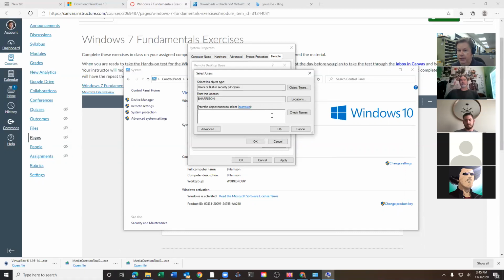We call it an Active Directory domain. When we're in a work group, I can only add users in here that are local on this computer. So if I want to allow remote access and I'm in a work group, I have to go around to every computer in the work group and create that same account on that machine